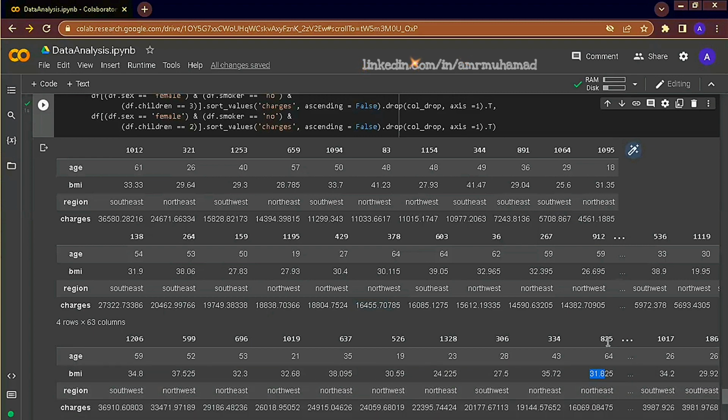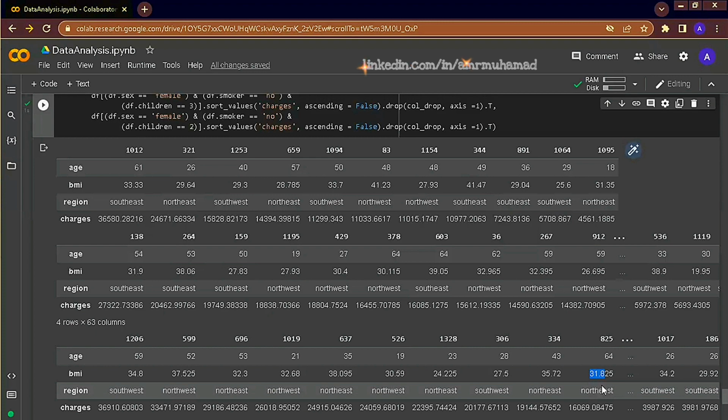So there is almost no difference between the amount of charges between such customers, given that these have different numbers of children. So maybe children does not cause differentiation between these two customers' charges.